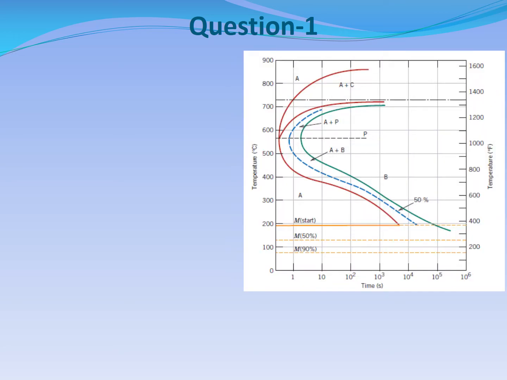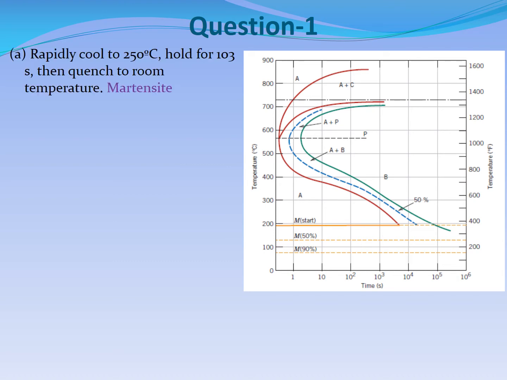Right? So now I am showing the diagram which is bigger. So 1.13 is here. Just to the right of it, make a straight line all the way to 9 and then do everything here. So now let us see. Rapidly cool to 250. From here go rapidly to 250.